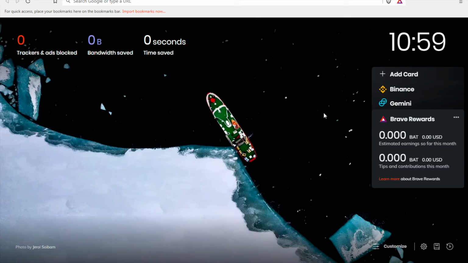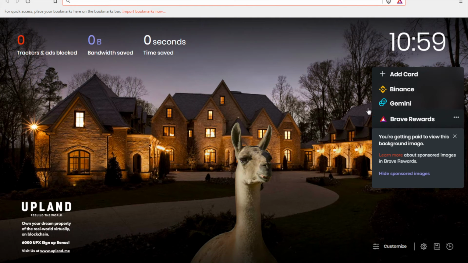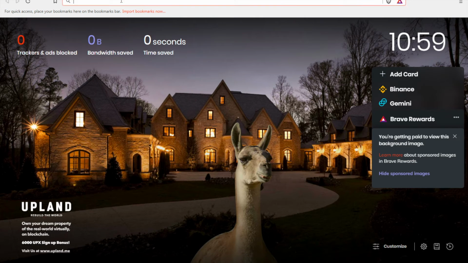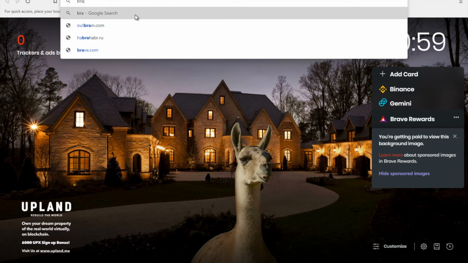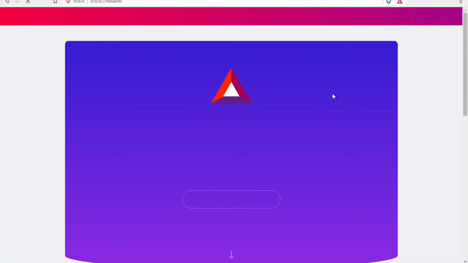Alright, so now I'm going to show you the ad settings. It's very important to configure your ad settings properly so that you start earning the rewards. So I'm going to open a new tab here. And you can access the settings in multiple ways. One way is that on the right hand side, these settings can be accessed from here. And a quick way to do that is also by typing in the address bar Brave Rewards. So once you access the settings from here,